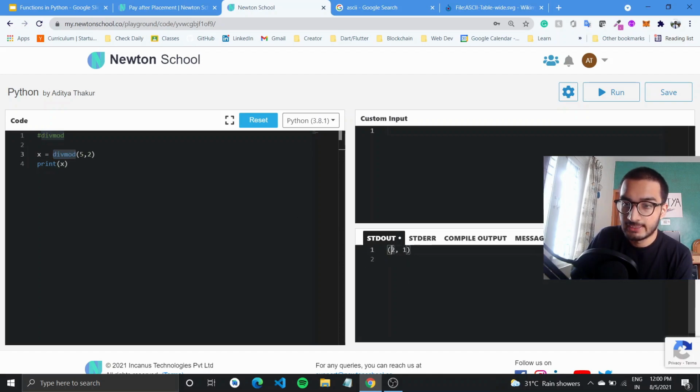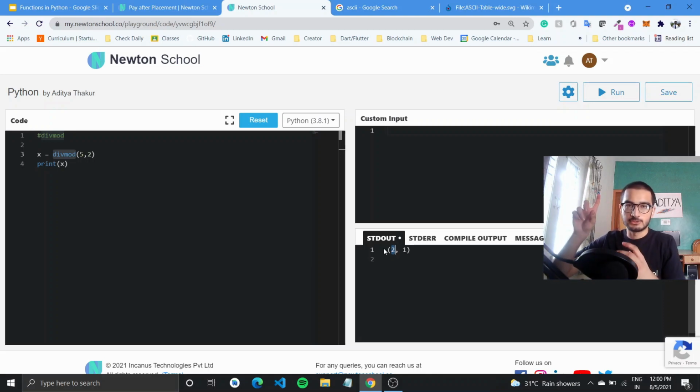When you divide 5 by 2, 2 twos are 4, and 2 would be the quotient, and you'll get that printed out to console first, and then you will also get the remainder, as in 5 minus 4 is 1, so 1 would be the remainder, and you'll get that too.